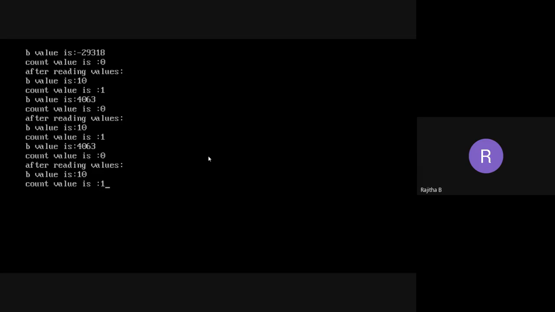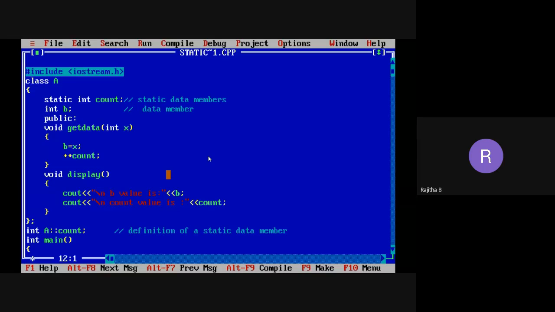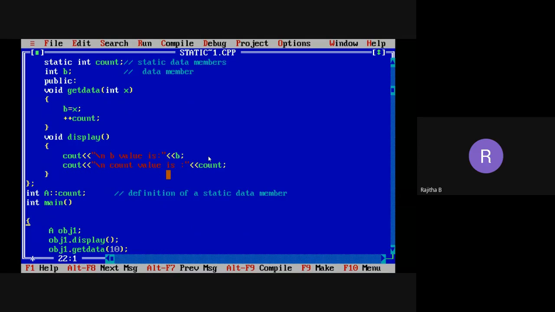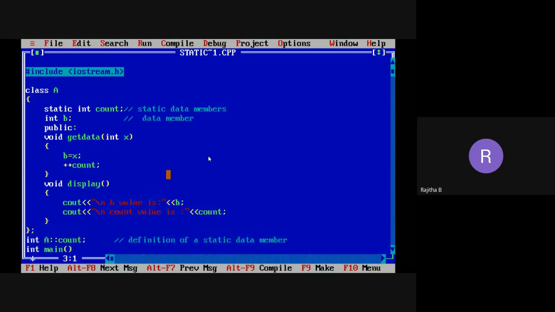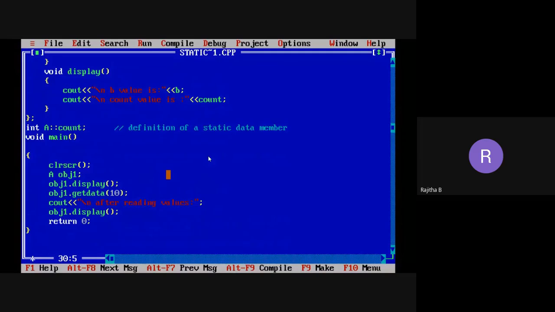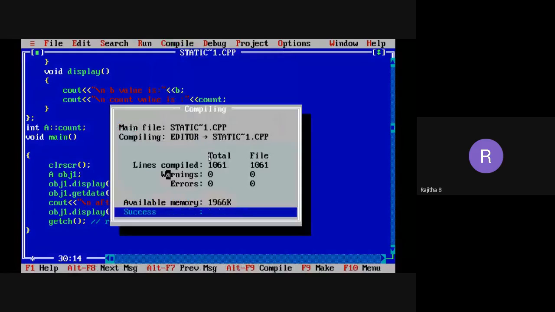You can see that I want to take the clear screen. Number of times I have compiled this program: clrscr, and iostream.h I am taking with hash include, conio.h, and I need to use the main function as void, and instead of return I'm using getch. Okay, now try to compile and try to run.